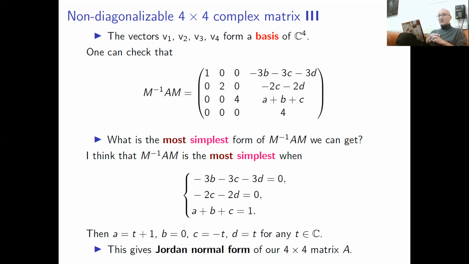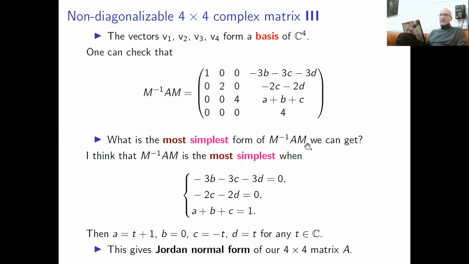But I think it's a nice way to show you that this Jordan normal form is a natural thing. It's just the next step after diagonalization. You try to diagonalize, you fail, and you do as much as you can, and you get something like this. So this is way beyond the scope of this course, but let me just briefly mention what these Jordan normal forms are for 2x2, 3x3, and 4x4 matrices.